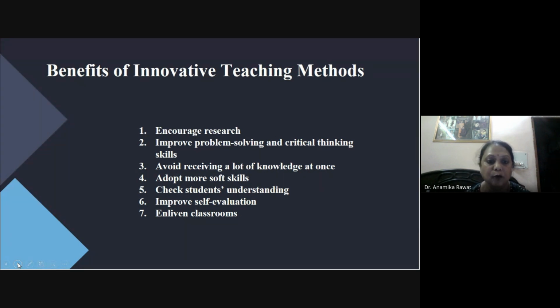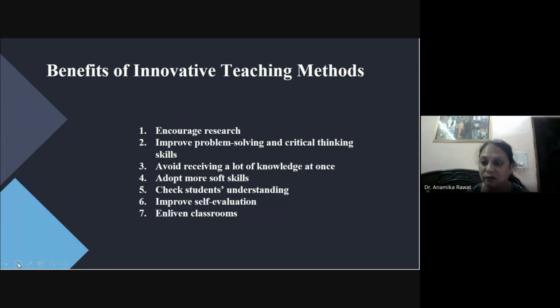Next one is improving self-evaluation. Innovative teaching methods help students to improve self-evaluation. If they are doing a case study, they can understand how to approach it, whether there is a problem statement or not, and whether they are able to make a solution for it. If someone is doing a debate but doesn't have the skills to speak, then they are not able to prove themselves in the debate. So it can be a better way to improve self-evaluation for students,